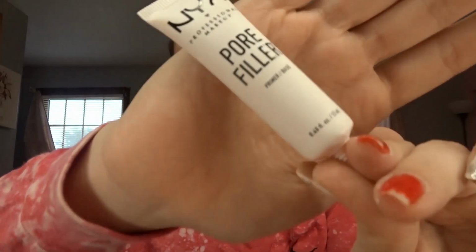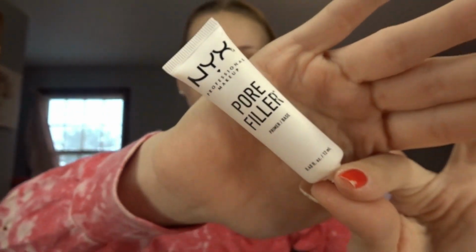But yeah, so now that my hair is tied back, I'm going to jump right in. The first product I'm going to use is the NYX Pore Filler Primer, and oops, I almost just dropped it. The thing that I love about it is